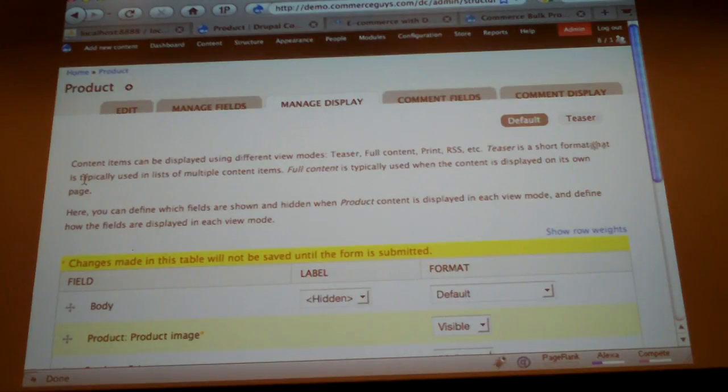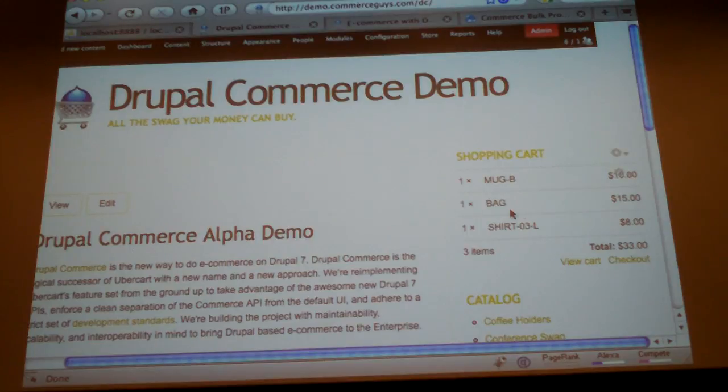So that's about it for products right now, but I'll be happy to field questions later. But once you have a product in the shopping cart, you can see right now